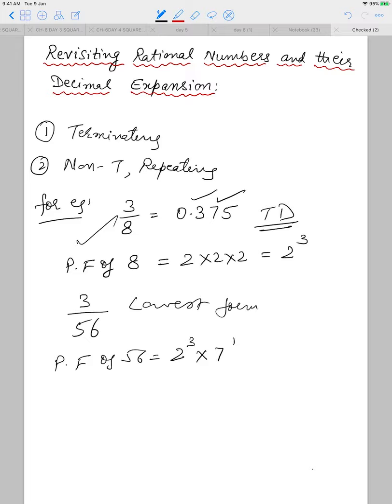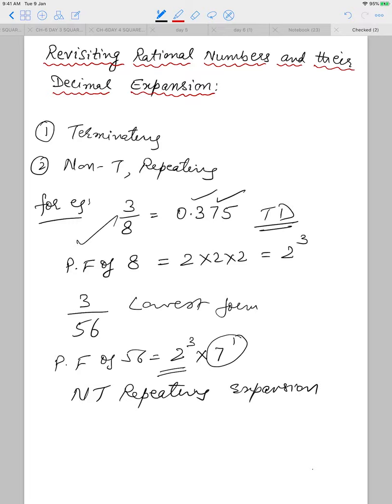Now as the denominator contains the powers of 2 and there is a number other than 2 and 5, then we will say it will have a non-terminating repeating decimal expansion. And this you can check by the long division method. You will never find it terminating. It will go on and on. You keep on dividing and it will never end. So it is non-terminating, but it will start repeating after some time. So it is a non-terminating repeating expansion.